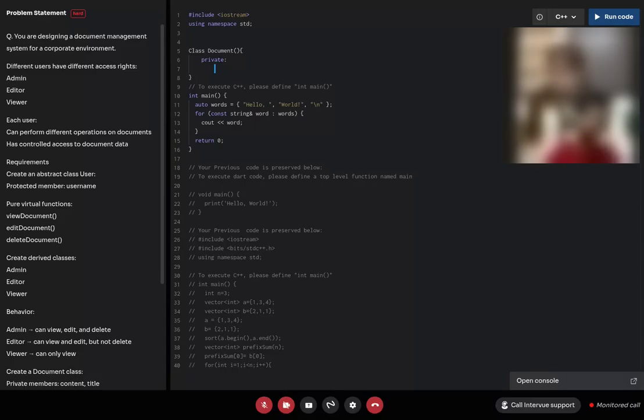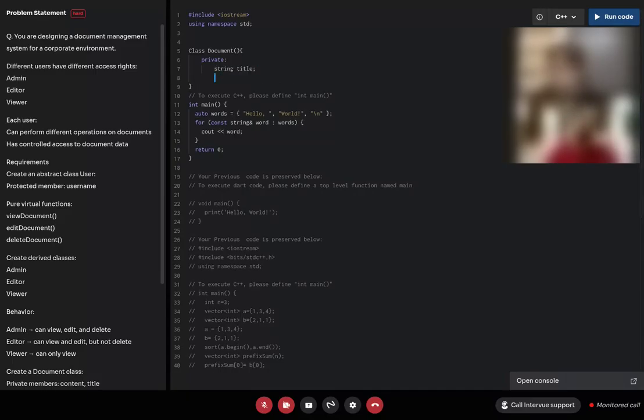Can I know the data type? The data type of content is given anywhere or not? It can be string only. Sorry? You can take it as string only. String only, right? Okay.